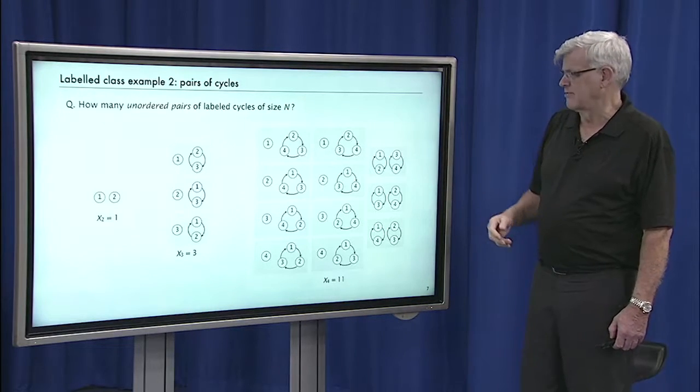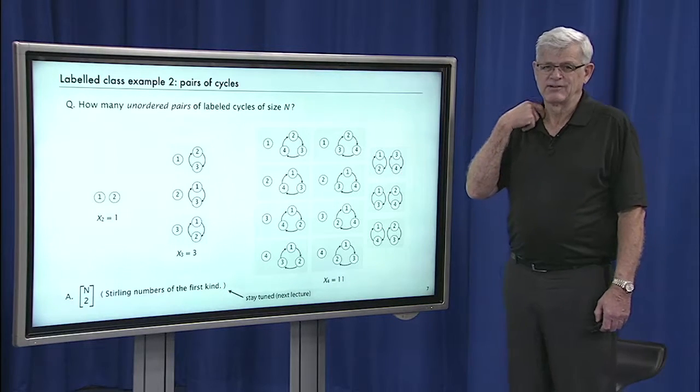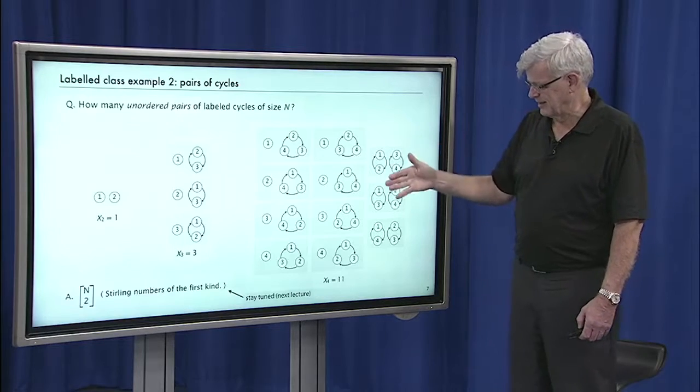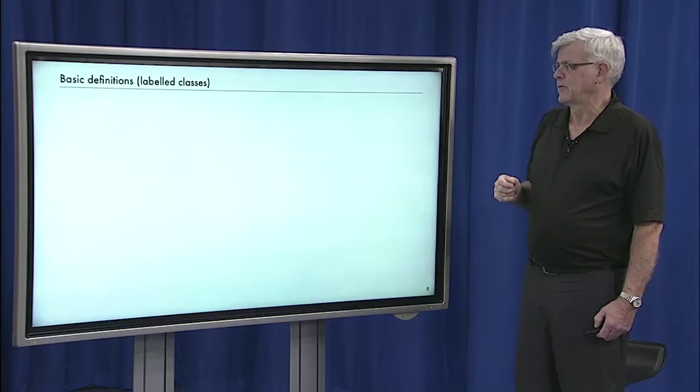So that's 11 for 4, and how many for 5? And the answer to that turns out to be the Stirling numbers of the second kind. And we'll talk about that probably in the next lecture. Okay, so